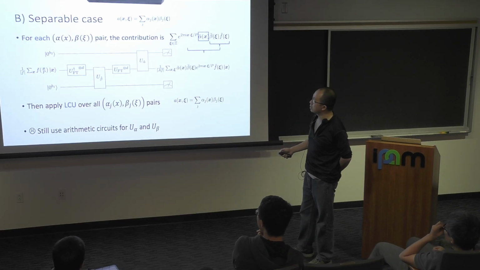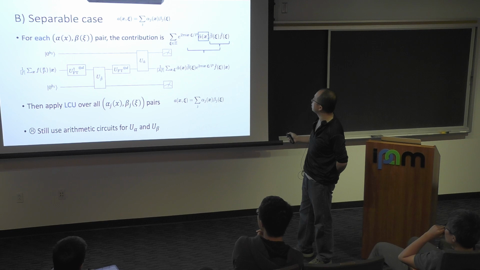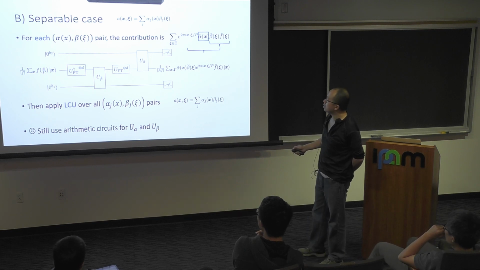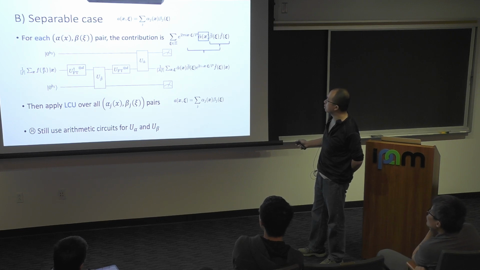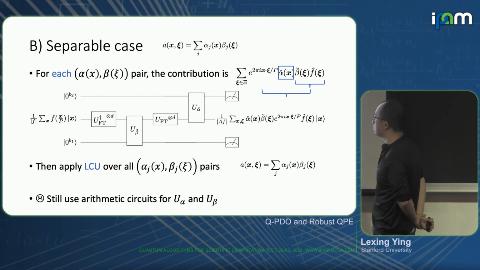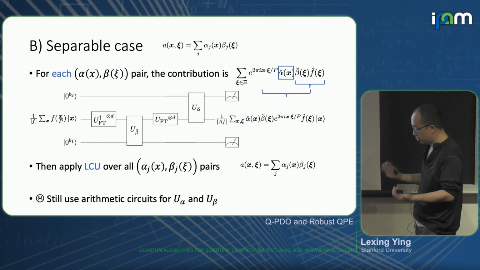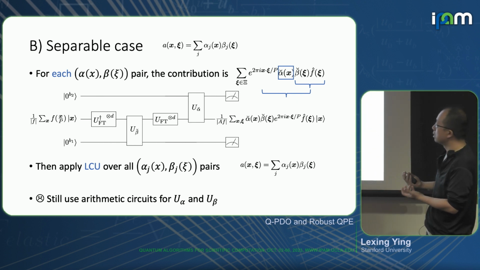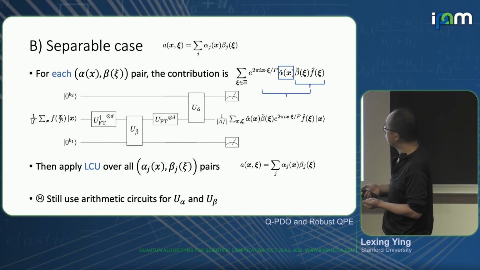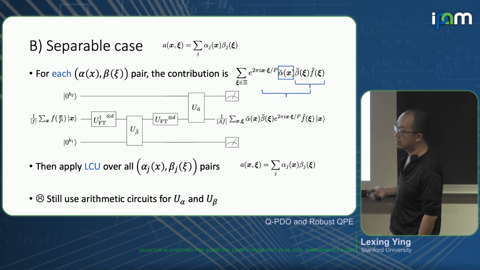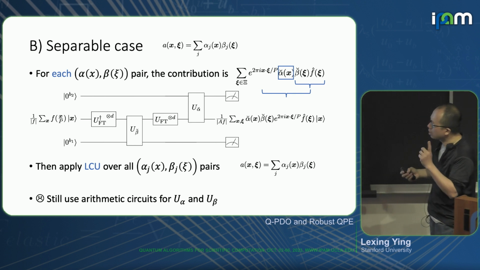Essentially, the pipeline is the following: you give me the representation of the f. I do a quantum Fourier transform to get its representation in Kasi, this f hat of Kasi times the Kasi basis vector. Then you do the phase multiplication on the Kasi variable. Once you do that, you do the Fourier transform to bring this back to the x variable, and then do the amplitude multiplication of alpha in the x variable, and this gives you the result. Okay. So essentially, it's a rewrite of what people have done in the classical theory in this quantum circuit. The two things that have changed are that the classical Fourier transform has been replaced with the quantum Fourier transform, and you also need some kind of oracle arithmetic to implement this amplitude multiplier.